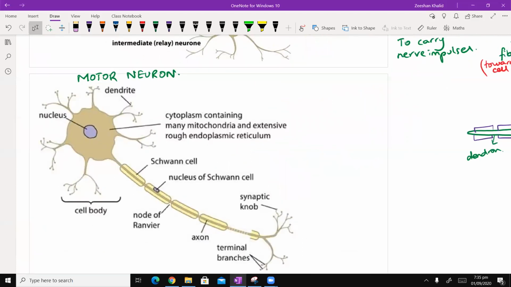So the first thing, let me write down here in points. So the first thing we need to know is that the nucleus is in the cell body. ठीक है? ये जो पूरी चीज है जिस पे मैं dotted line लगा रहा हूँ, इस पूरी चीज को हम cell body कहते हैं. Okay, that this entire thing is known as the cell body. So the nucleus is within the cell body. Okay. अच्छा, थोड़ा सा आप location समझने की कोशिश करें.